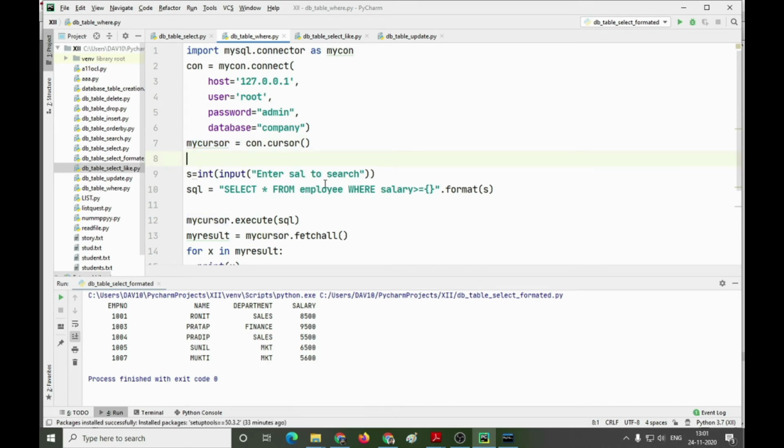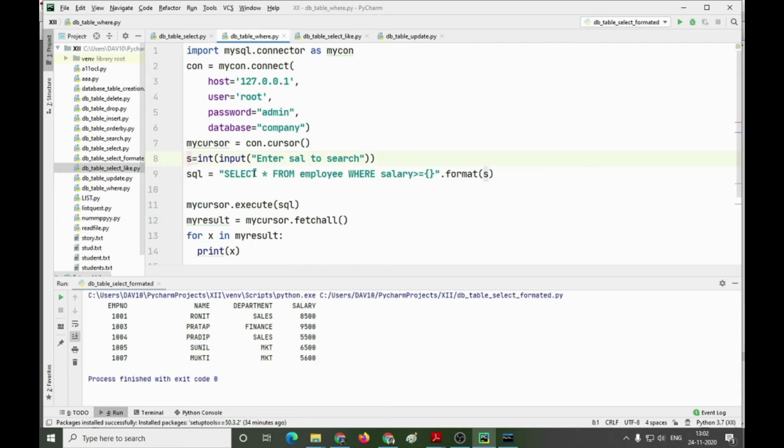So I am now trying to search all the records with a given salary. That means I want to display the details of all the employees whose salary is greater than the salary given by the user. So I am accepting the value of the salary which is to be searched, with the prompt: enter the salary above which you want to display.